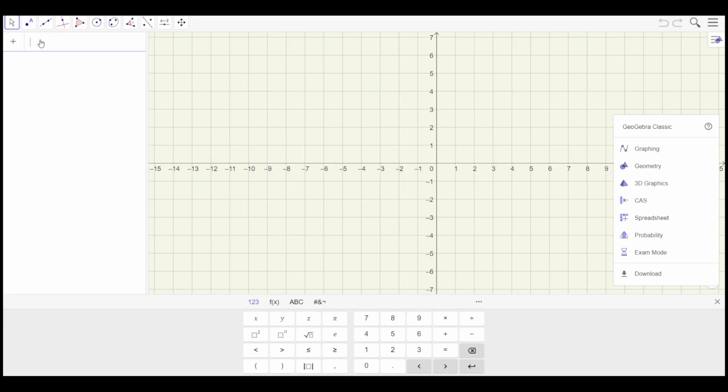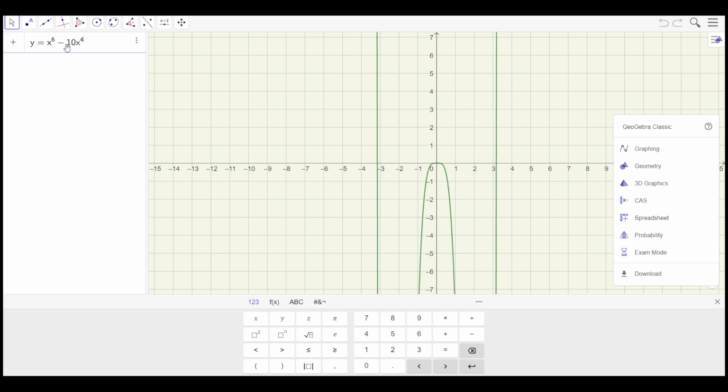Okay, so what the function is, y is equal to, but the powers are so big, I hope that we are not in trouble by Geogebra, but anyway, 6, and then I go down, minus 10. By the way, before just going further, I hope that you see that this function is concave up all the time. So it is convex all the time, yes? But now if I increase, so if I add that minus 10x to the power of 4,